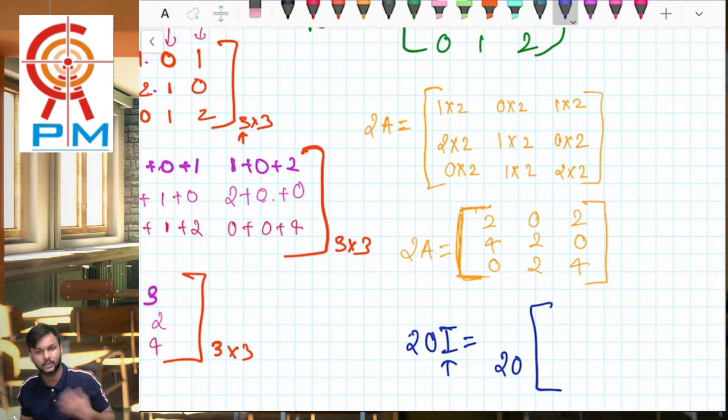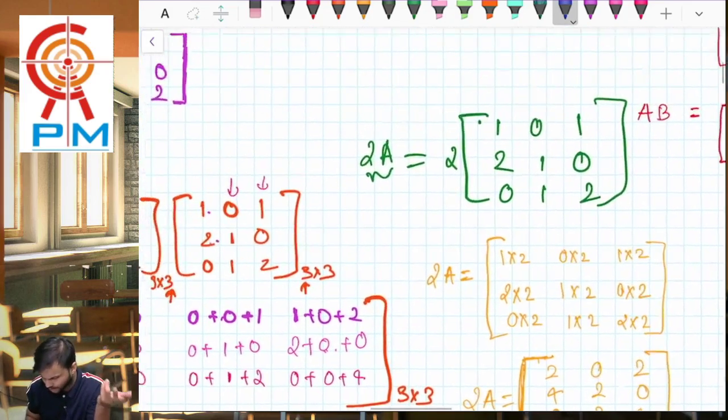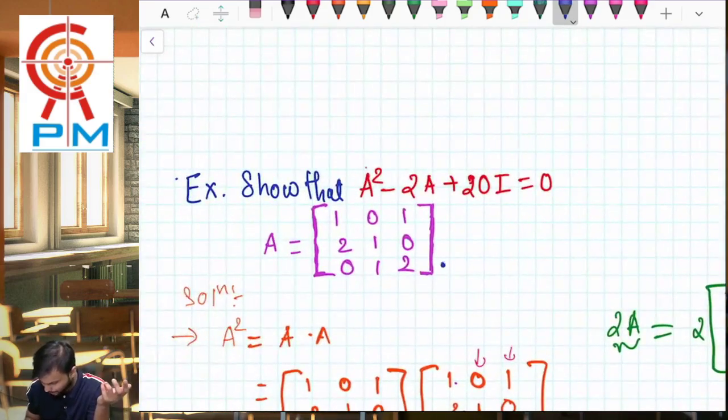Now very important concept, now I'm going to say a very important thing, that the identity matrix we studied was 2 by 2, 3 by 3. Here which identity matrix will be used? Well, tell me about this. Here this matrix is how much by how much? It is 3 by 3. So this identity matrix will be how much? Definitely it will be 3 by 3 only.